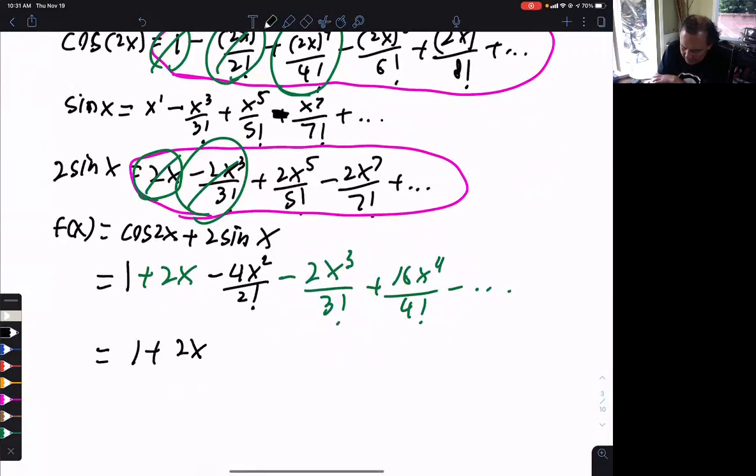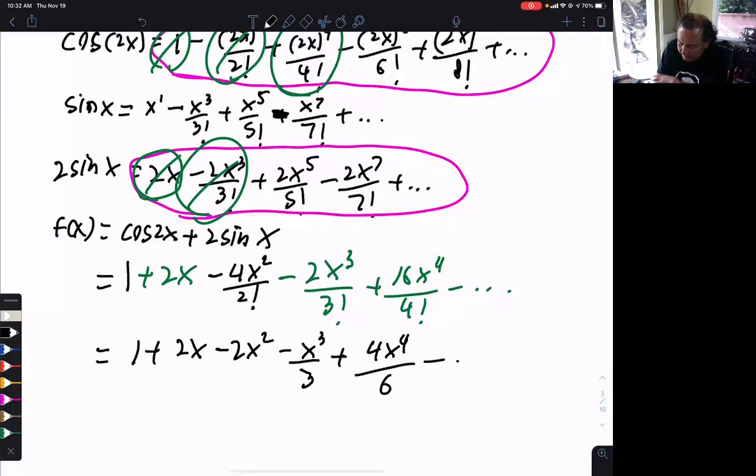I'm going to simplify this. And this is going to be minus x cubed over 3. And I know I'm doing too many terms. Is that 24? Divide by 4, 24, 4x to the fourth over 6. Okay? That is